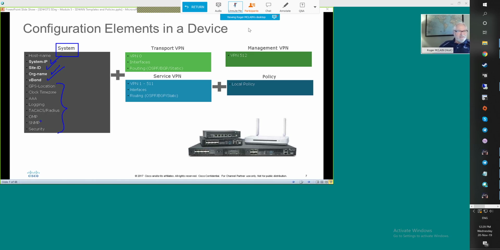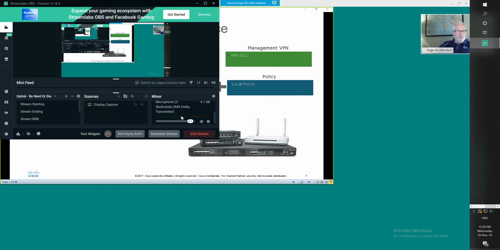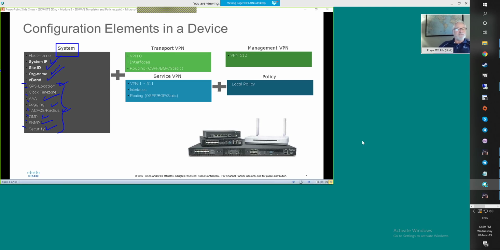SNMP is an optional feature. OMP, TACACS, logging, AAA, GPS, security. So if you were defining that, that could end up being 1, 2, 3, 4, 5, 6, 7, 8 additional feature templates alone that you might be deploying on your routers. Again, it really depends what degree of feature richness you're looking for. In addition to system,